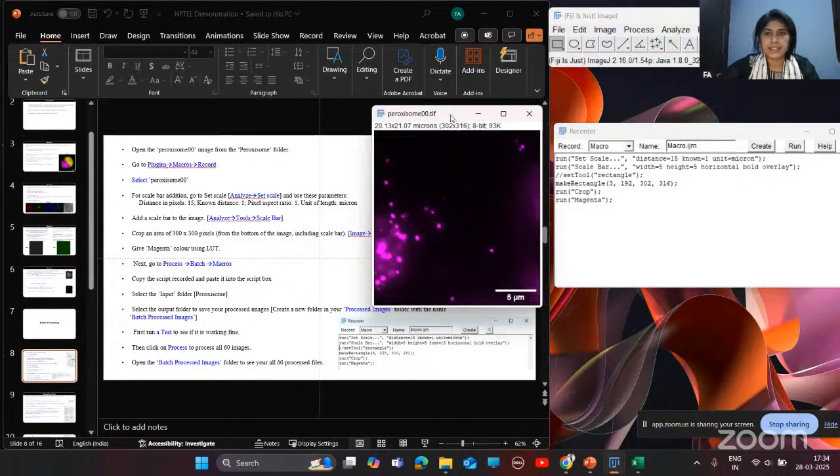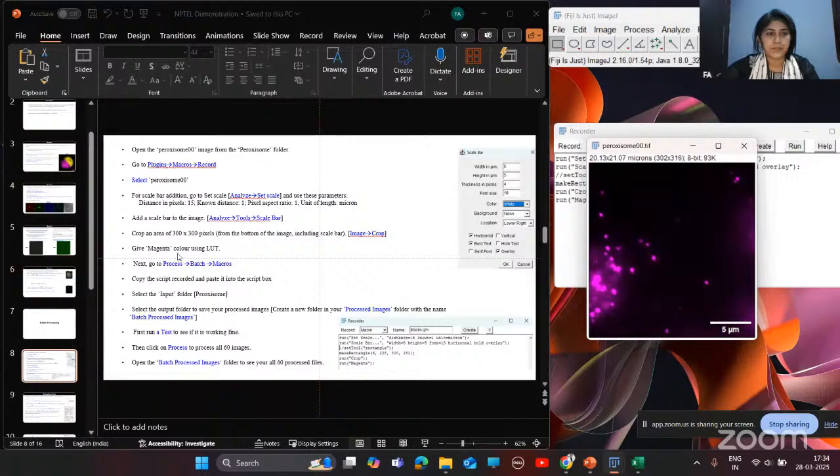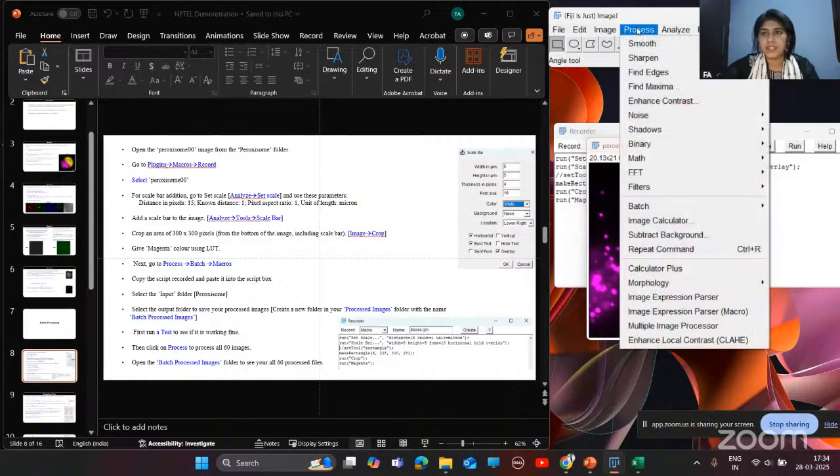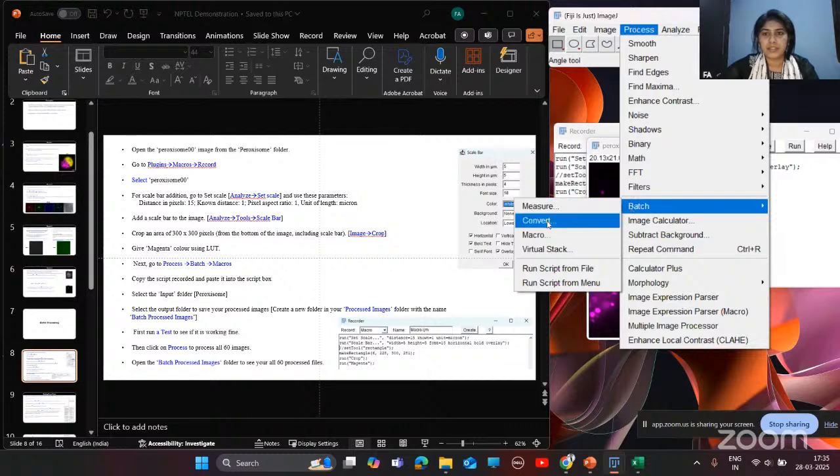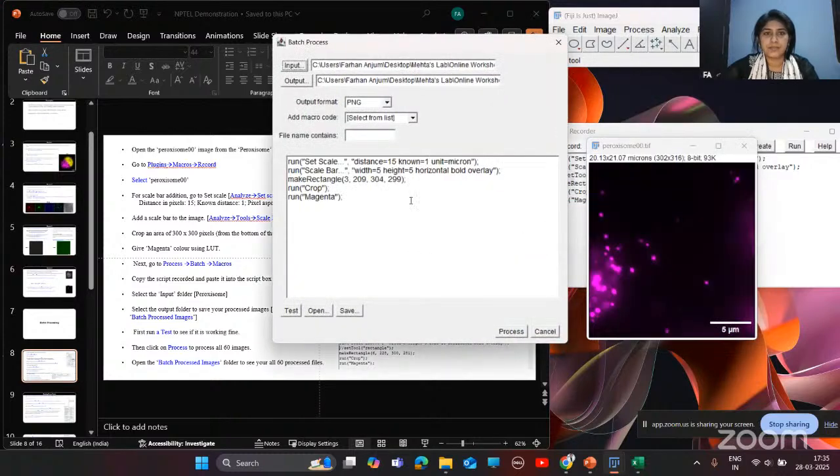And next step is to go to Process. So from here we'll start batch processing. For this we need to go to Process, Batch, and Macros.